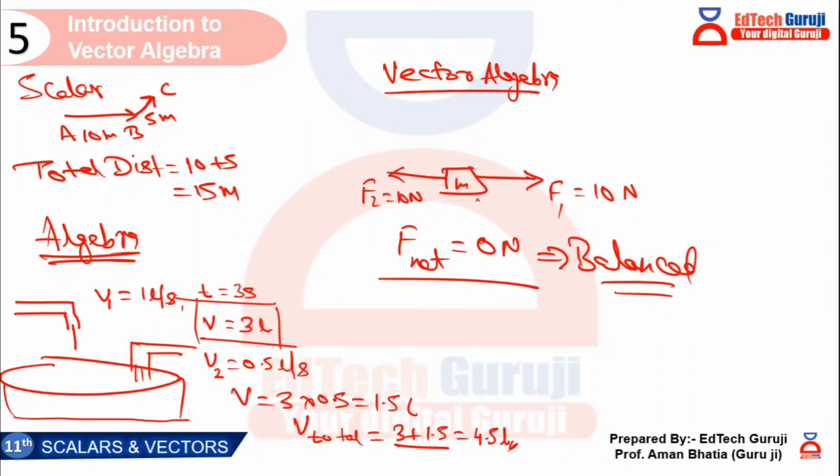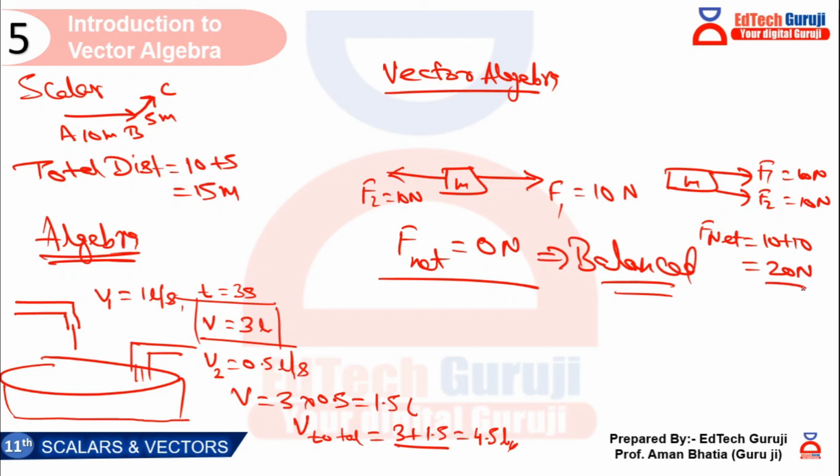If I would have said that on the same block of mass m, you have one force F1 and another force F2, and each force is of 10 Newton acting in the same direction, then you would have said, sir, in this case F net will be 10 plus 10. That means it is going to be 20 newtons. तो मैंने तो दोनों एग्जांपल्स में 10 न्यूटन लगाया, बट बिकॉज ऑफ द डायरेक्शन ऑफ द टू फोर्सेस एक बार तुमने मुझे आंसर दिया है 0, एक बार तुमने आंसर दिया है 20.